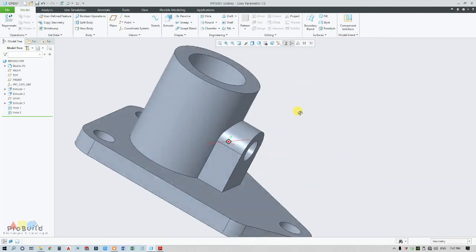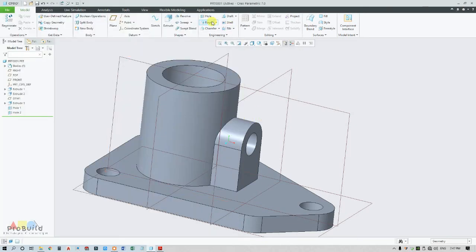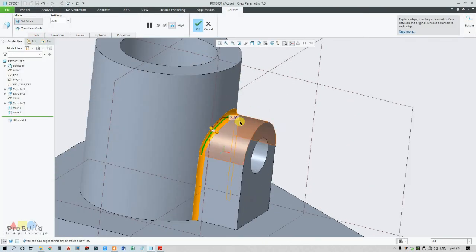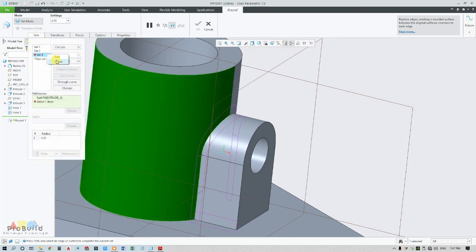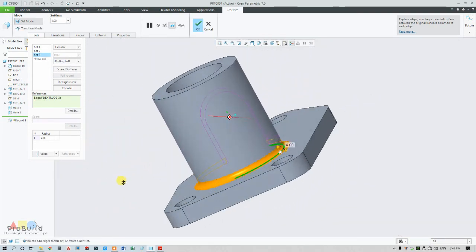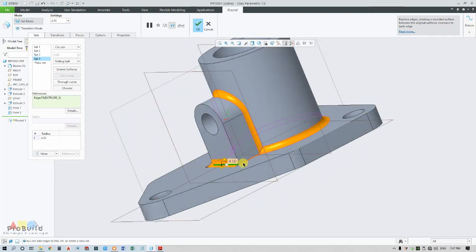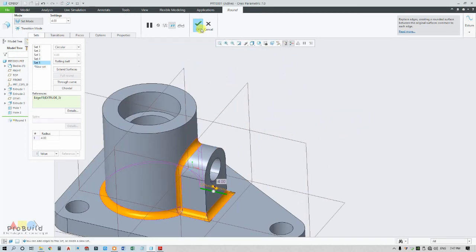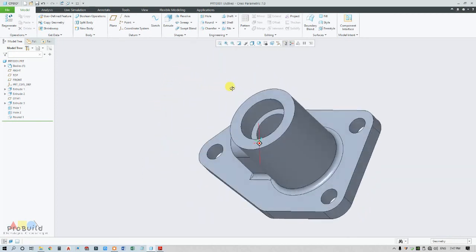So my part is completely ready, and my final touch is going for round. It's R4. Go for round. So touch here the edges, this radius 4, and this edge, this edge, remove this edge. Okay, all the edges covered, and also this, even this. Okay, so my part is completely ready.